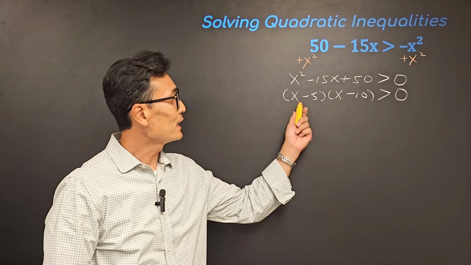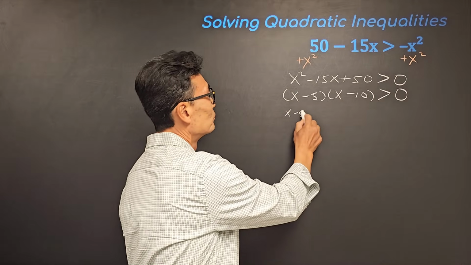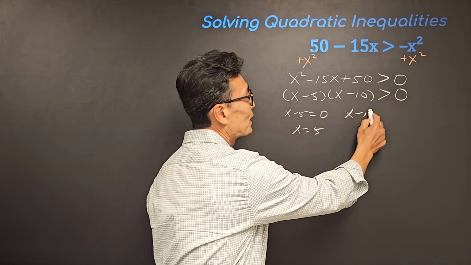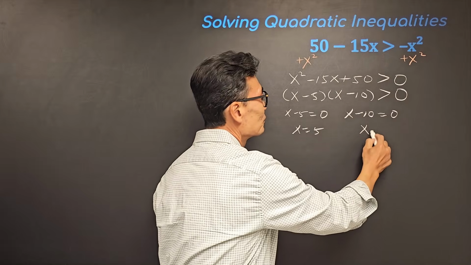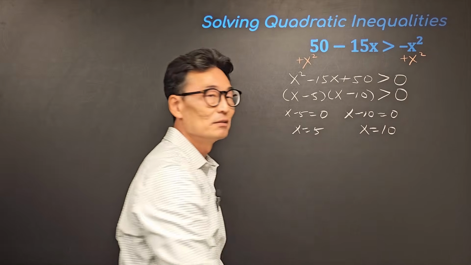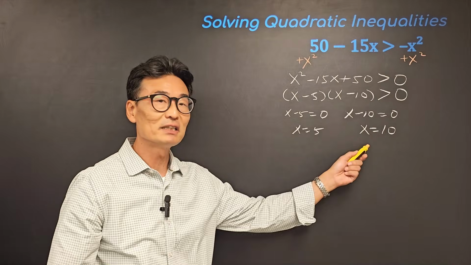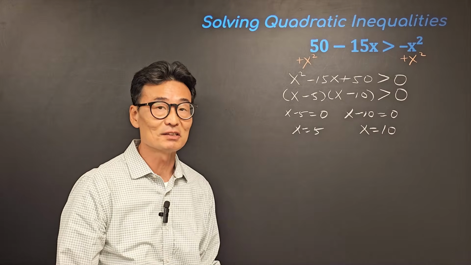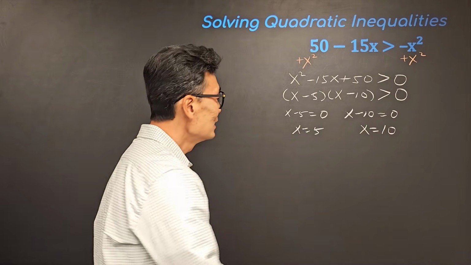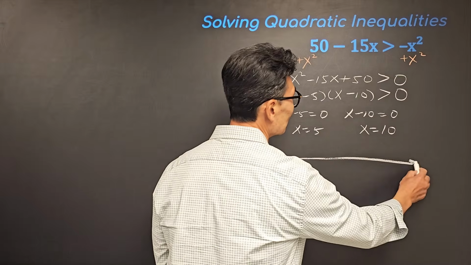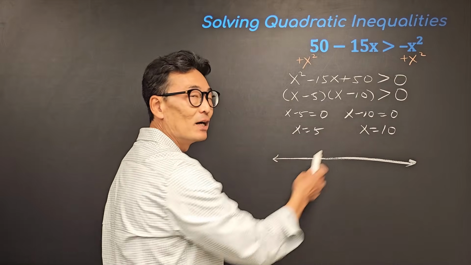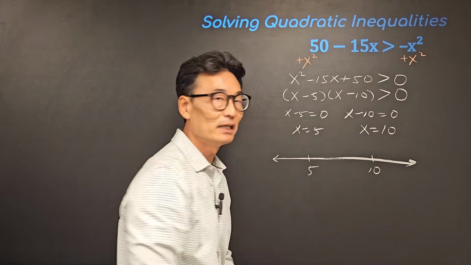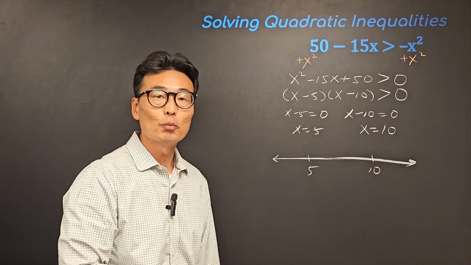And I'm going to take that x minus 5, set it equal to 0 and solve. And then take that x minus 10, set it equal to 0, and solve. As you can see, the 5 and 10, had we graphed this, would have been the x-intercepts. But instead of graphing it, I'm going to draw a number line and then write down these 2 points, 5 and the 10. And I'm going to mark them with open circle